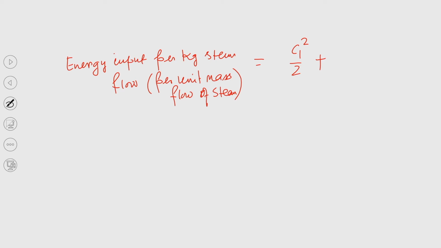So, basically half C1 square. For the impulse turbine we have seen this is the only energy input,